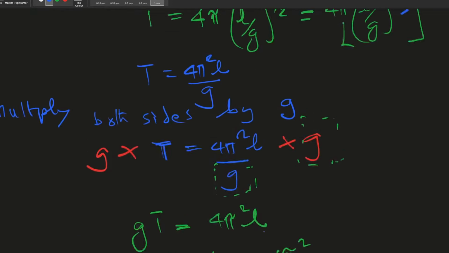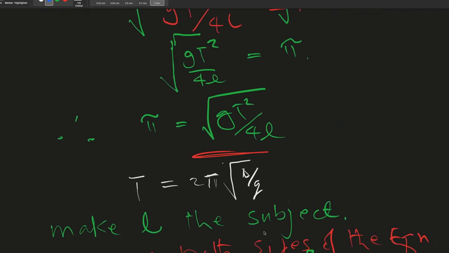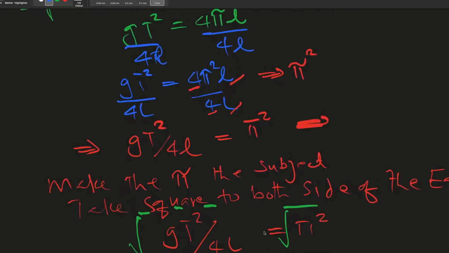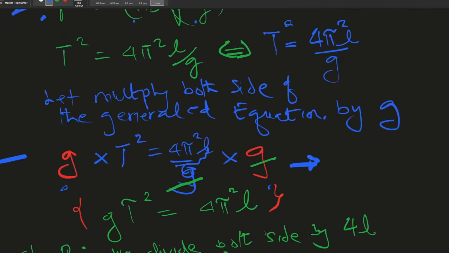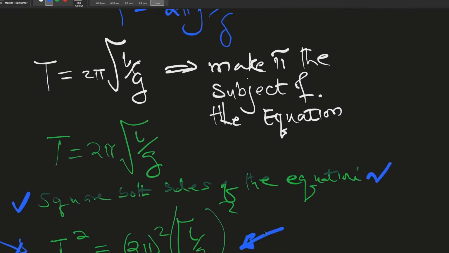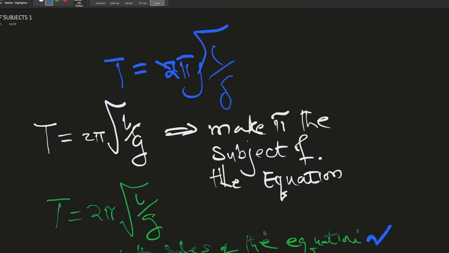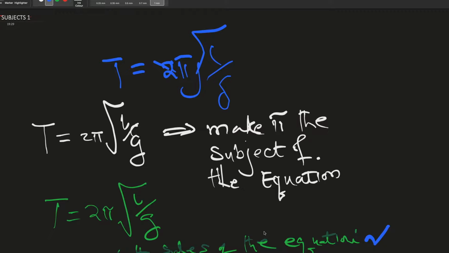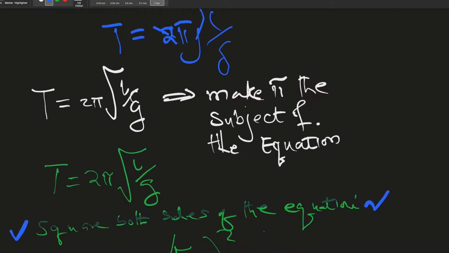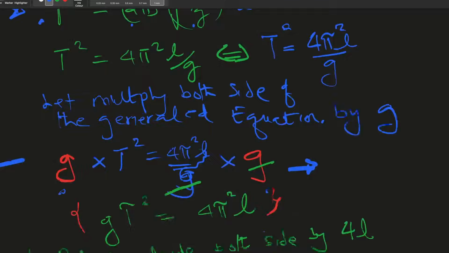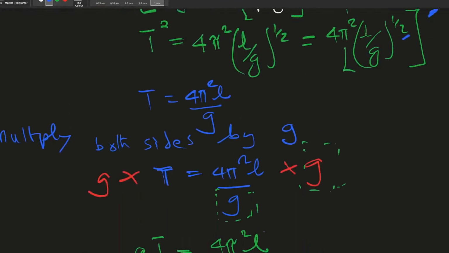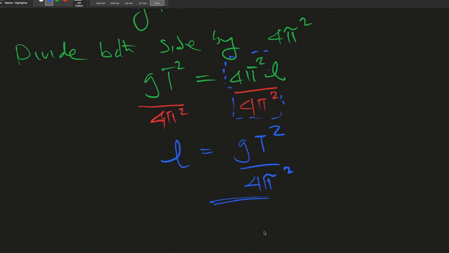Now, let's go back again. So we see that we were able to make the L the subject, and the other one will make the pi the subject. So what about G? Well, if we've been asked to make G the subject, let's see. So, making G the subject,